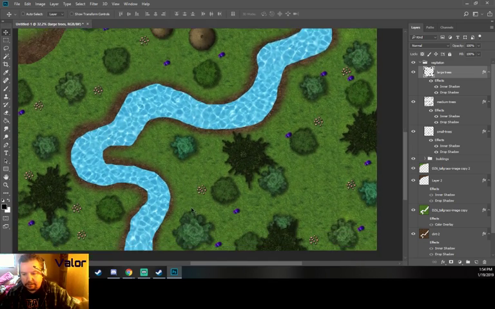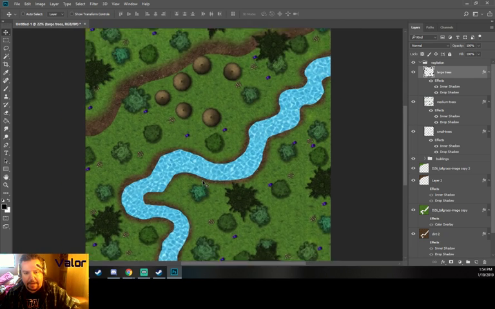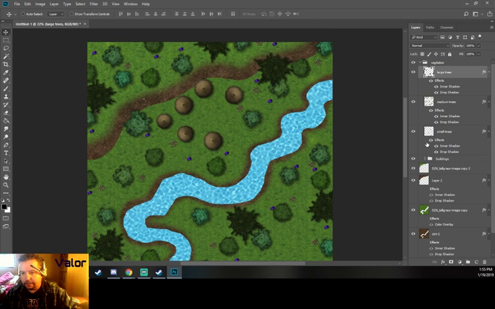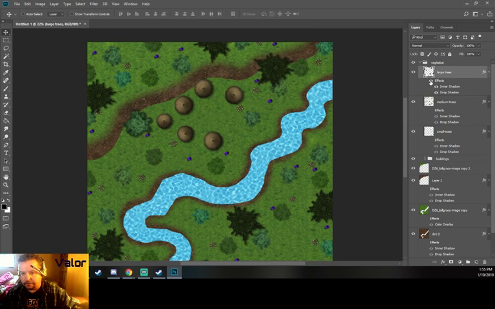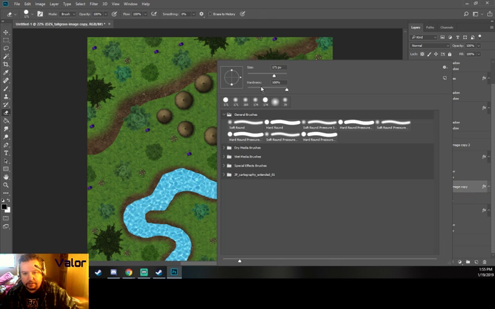So the last thing that I like to add into these is paths. If we wanted to add firewood or a campfire or something over here, we could, but I like to use paths. So there's paths. For paths, we're going to go to this image, this tall grass, and we're going to grab this eraser tool,